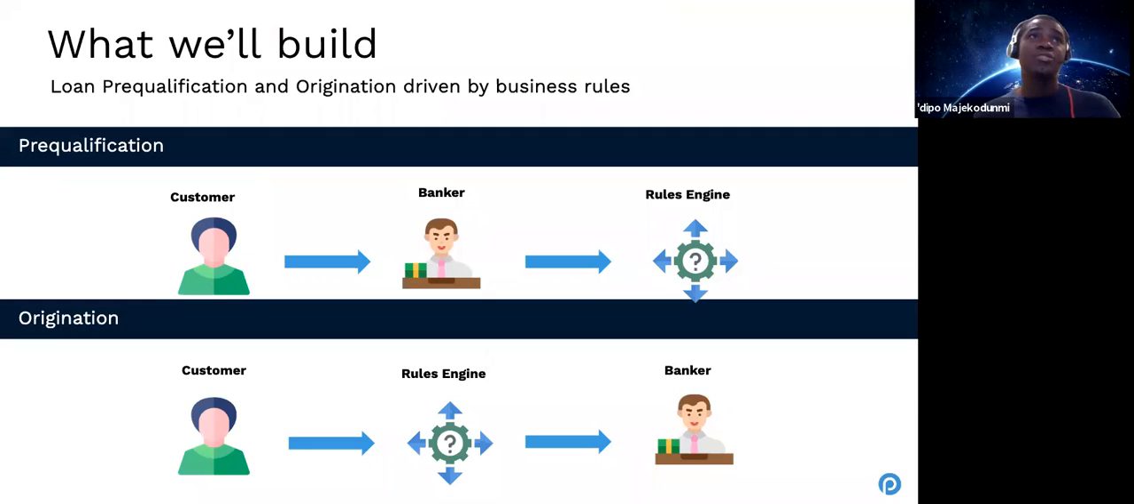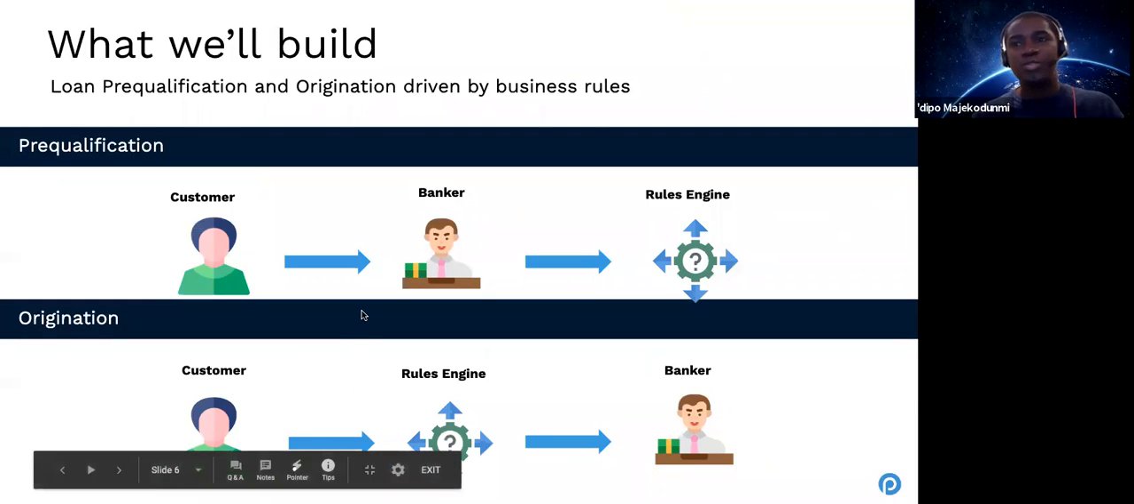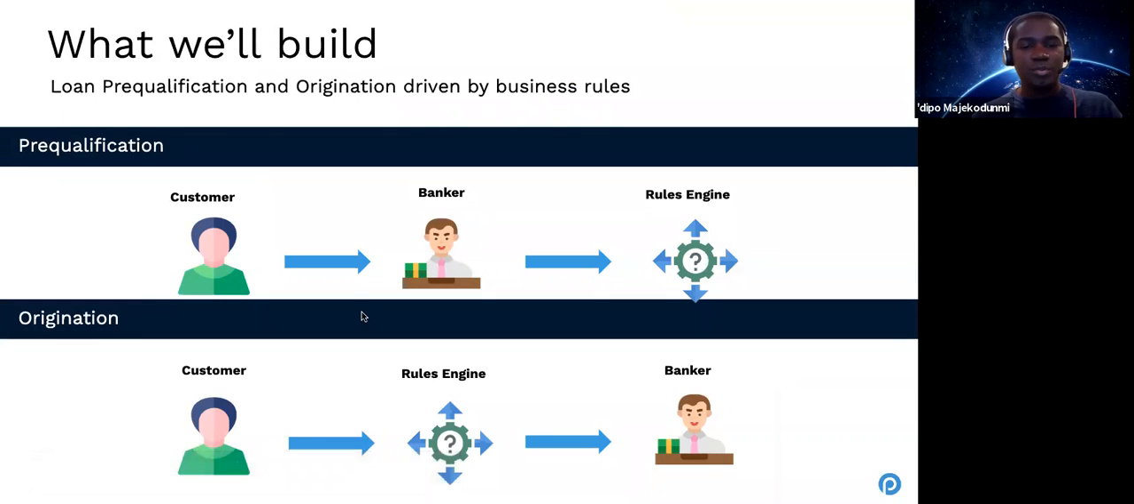So what are we building today? I've taken the liberty of borrowing two of the Open Rules sample projects: one is the loan pre-qualification, and the other is the loan origination. I've taken those two ideas and tried to merge them into a single process. The idea is that we'd have a customer going to a bank to check if they qualify for a loan, and we drive that decision using the loan pre-qualification process. If the customer qualifies, we then redirect the customer to fill out a loan application, which kicks off the